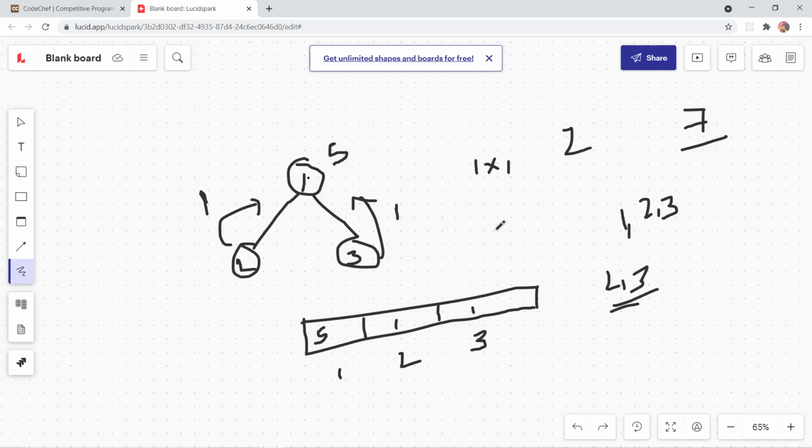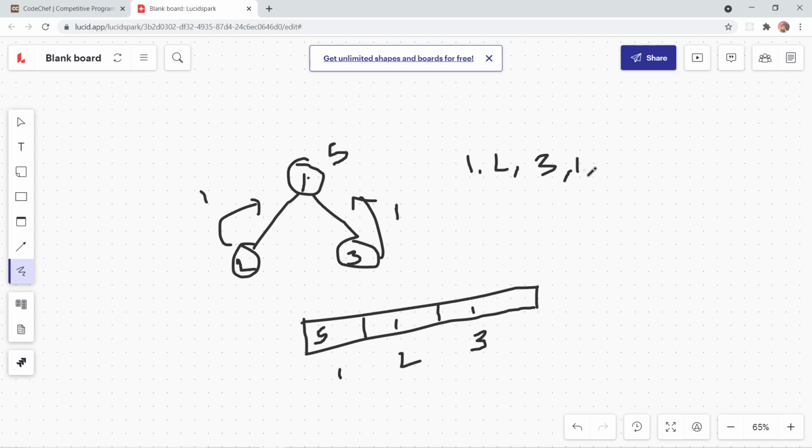So what are those 7 valid paths? I'll just explain it once again. Which is 1, another one is 2, then it is 3, then it is 1 comma 2, then 1 comma 3, then I can make 2 comma 3, and I can also make 1 comma 2 comma 3.